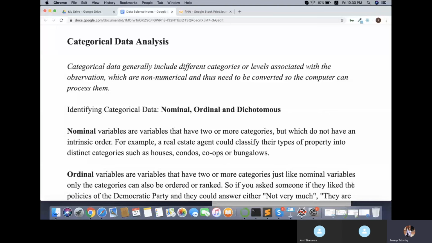So for that we have a lot of different algorithms for categorical data study. Also, there is deep learning. Deep learning is mostly used for categorical data analysis. When you have categorical data, you will mostly see deep learning implemented in those kinds of scenarios. Here we are going to focus on categorical data now. We'll see what categorical data is and how it is analyzed. We'll do some basics on that.